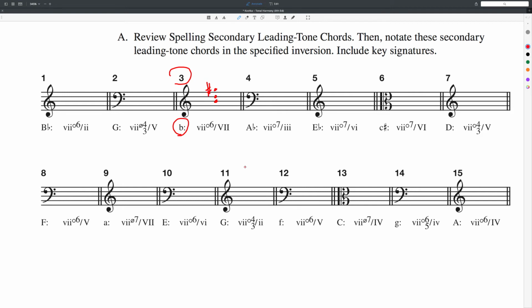And let's pick another one. For example, the 10th. We are in E major and we want to tonicize the 6th degree. The 6th scale degree of E major is C sharp and the chord is C sharp minor. Go one step, minor second down, and you will find B sharp, D sharp,